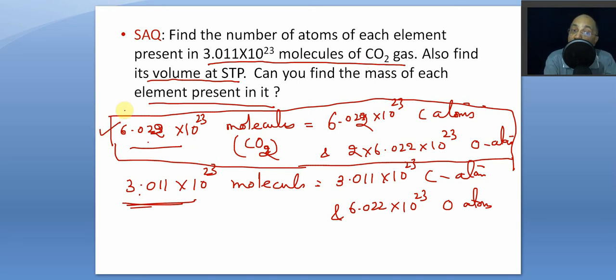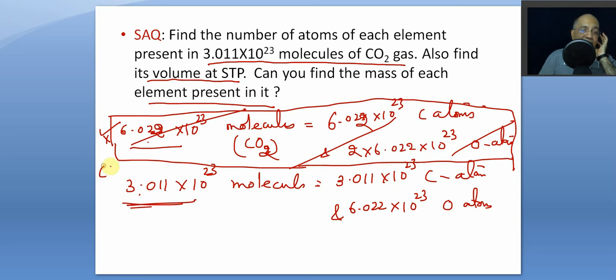No need at all. Because the number of molecules is given and the formula is given, 1 molecule has 1 atom, 2 atoms, so you are not asked to find the number of moles, so there is no need to use Avogadro's constant. So these many molecules will contain the same number of carbon atoms and double the number of oxygen atoms. So this was all completely superfluous. I reject this.